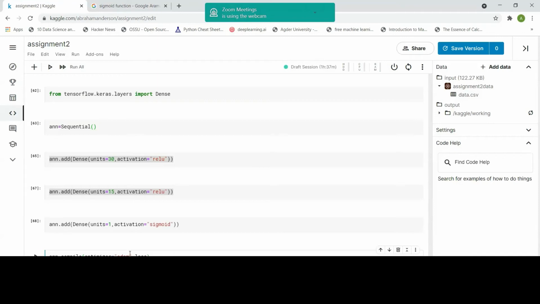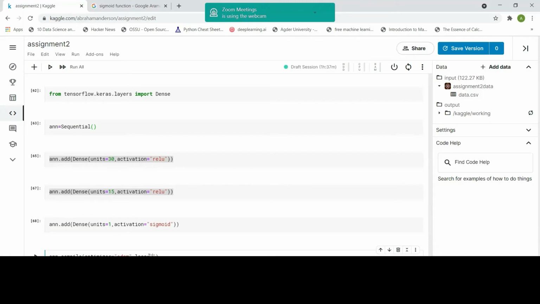Okay, for gradient descent I am using Adam, but I also need my loss function. What kind of loss function will I use? Because I will adjust the weights and biases according to this loss function. The type of loss function is determined by this loss parameter. Inside quotation marks, I write what kind of loss function I will use, but it depends on what kind of data you have. Because our data set, our target value is